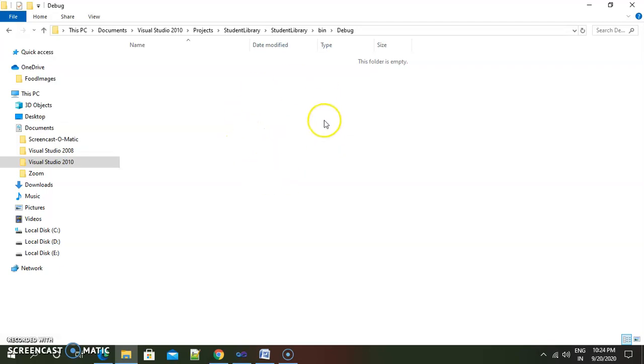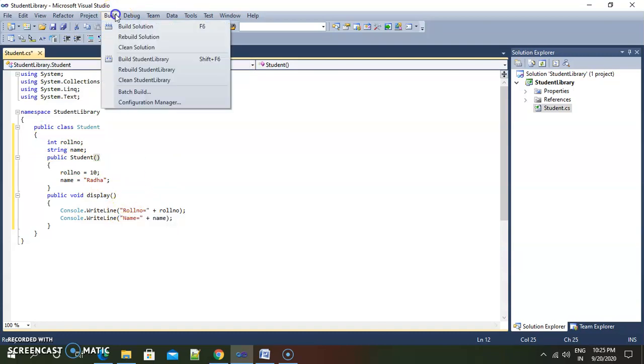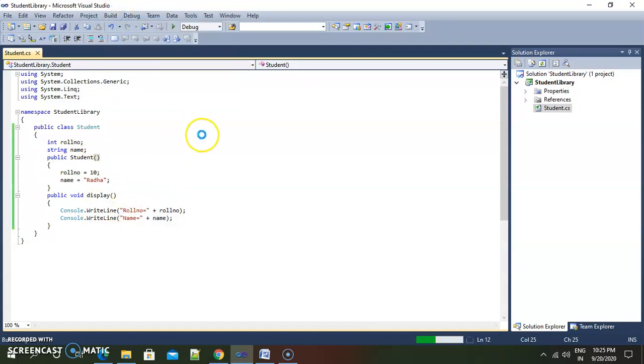We are only defining this student class inside my library. Now there is no error, see here there is no error. Now I build the solution here.